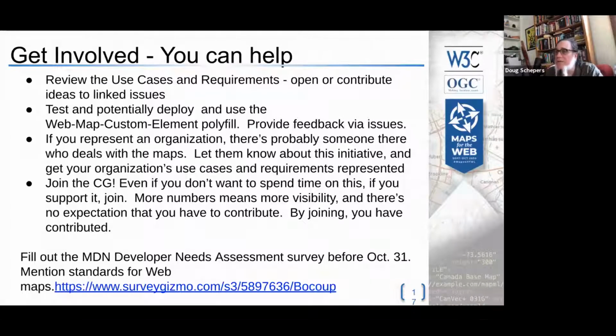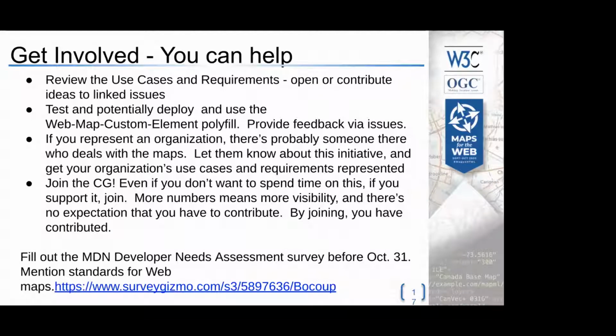Peter, I don't want to mischaracterize you, but I think you think that maps are a sufficiently low-level feature that, yes, the primitives are nice, but you really want to focus specifically on the map use case and make sure that things don't get lost. Is that correct? Yeah, well, I mean, I think that